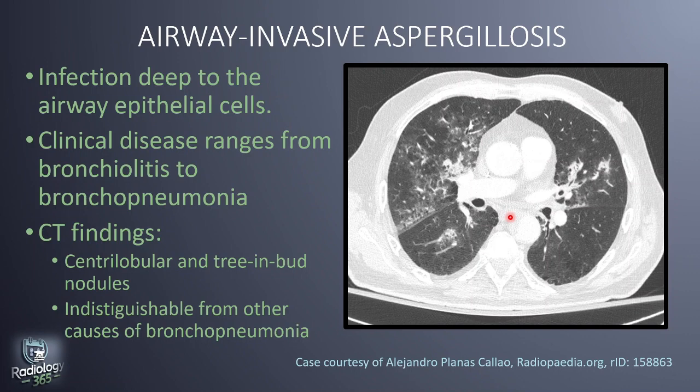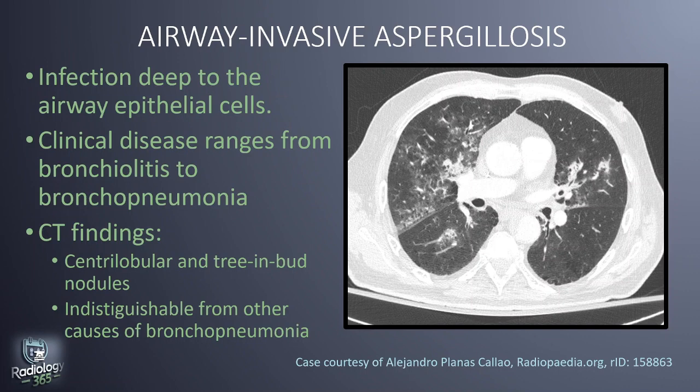Now, the spectrum of clinical disease for airway invasive aspergillosis ranges from bronchiolitis to bronchopneumonia. I mean, as the name implies, it is airway invasive, so it's the airways that are involved. So bronchiolitis, bronchopneumonia, and it also makes sense that the CT findings for airway invasive aspergillosis would include airway-related findings like centrilobular nodules and tree-in-bud nodules, which represent endobronchial spread of disease. And if bronchopneumonia is present, the radiograph and CT findings really are not distinguishable from other causes of bronchopneumonia like